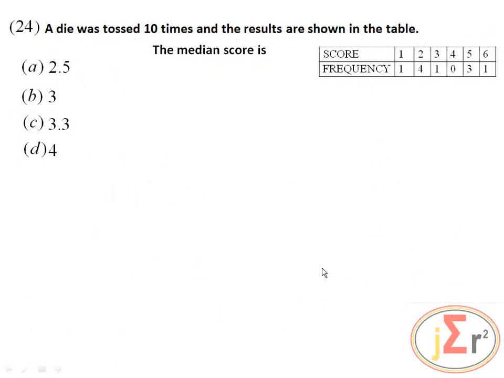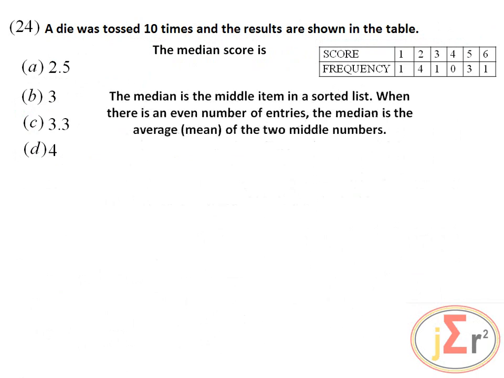A die was tossed 10 times, and the results are shown in the table. The median score is? The median is the middle item in a sorted list. When there is an even number of entries, the median is the average or the mean of the two middle numbers. That is, to find the median, when we have an even number of entries, we